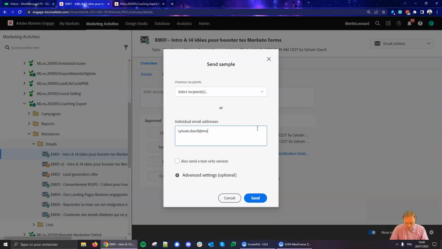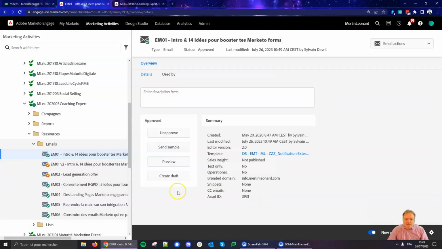I thought I had done the modification, and in the end I sent this email without the modification. It was horrible. I had a lot of shame and a lot of jokes from my customers. So here, always send yourself a last email once you've approved your email to make sure everything is perfect, especially in the nurturing campaign where you have a lot of emails and you may miss something.